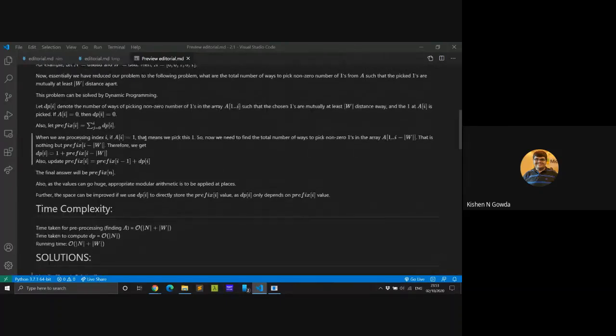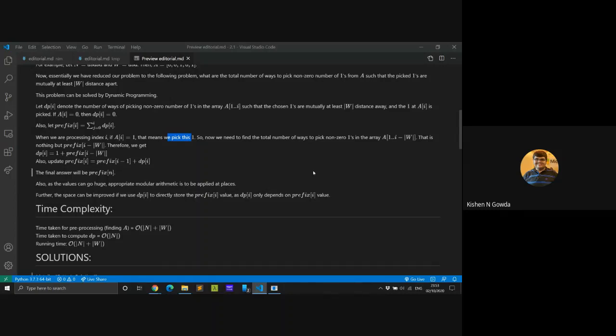Now when we are processing this index I, if A of I is 0, directly DP of I is 0, but if it is equal to 1, we are picking this one up. So what are the total number of ways to pick ones in this array A1 to I such that you have already picked up this one also?